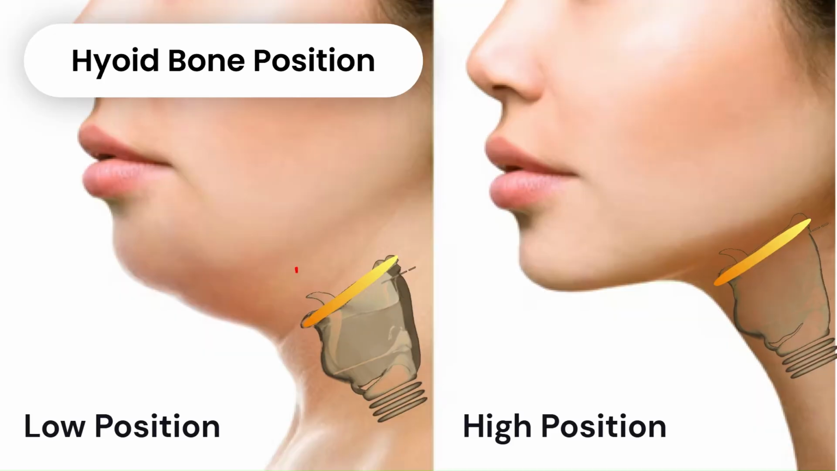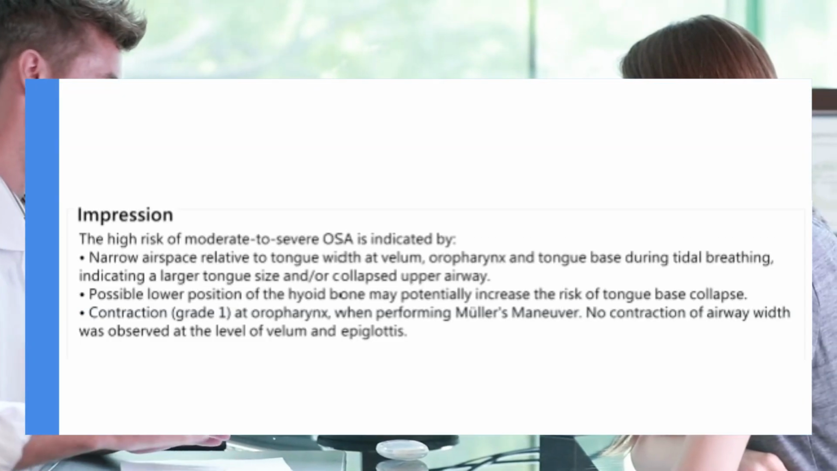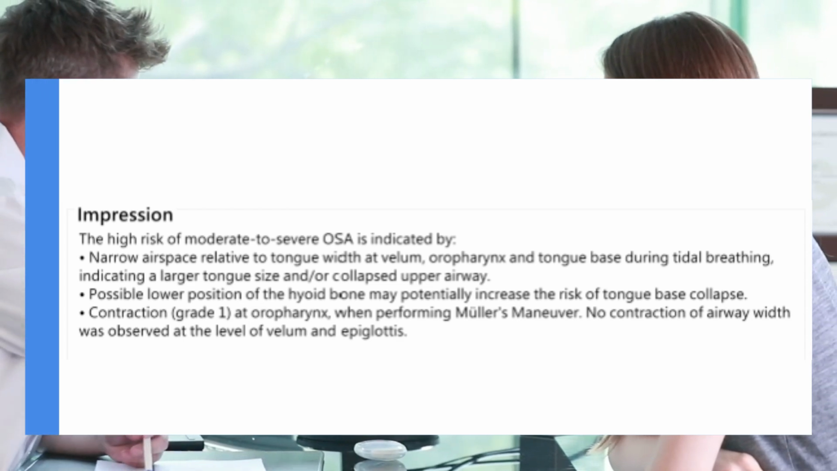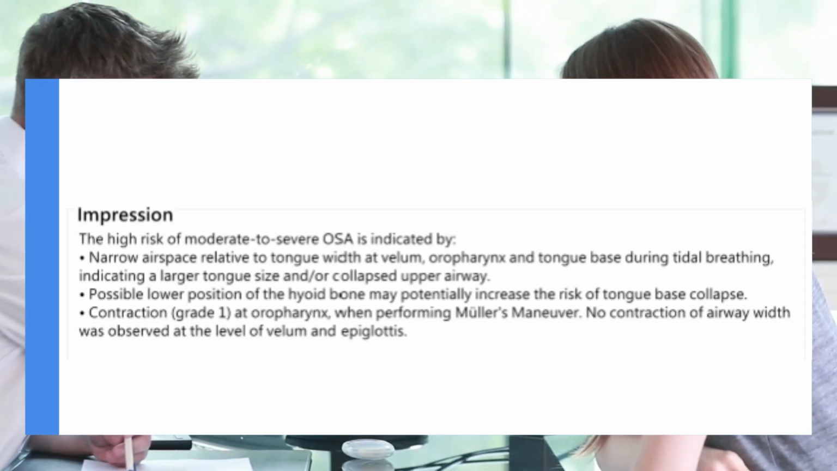A lower hyoid bone position is linked to increased airway collapse and higher OSA risk. Ultrasound imaging helps assess its position, as a lower placement may indicate hypopharyngeal obstruction, affecting breathing during sleep. The impression section summarizes key findings, providing a quick overview of obstruction risks and airway characteristics, based on detailed measurements